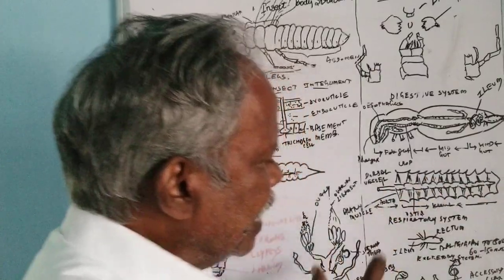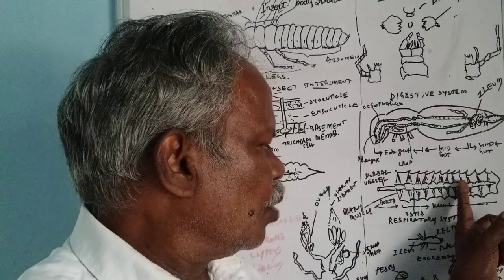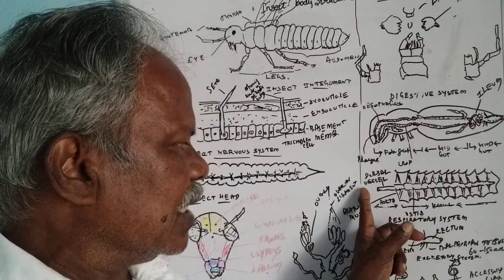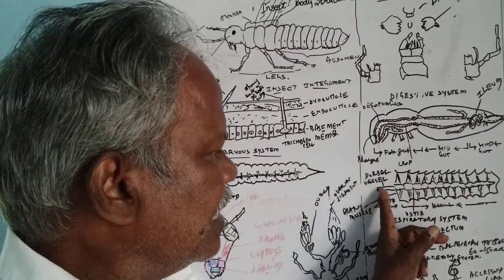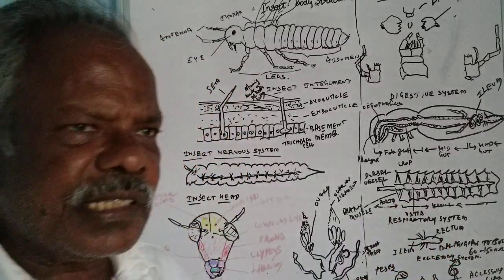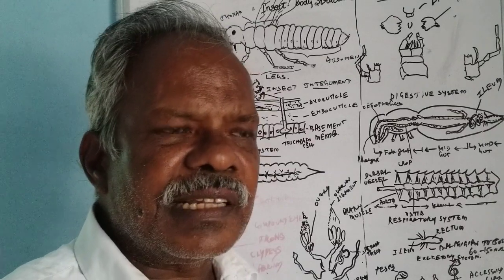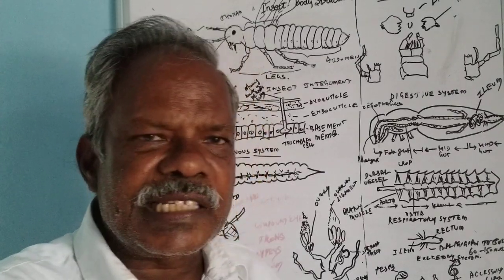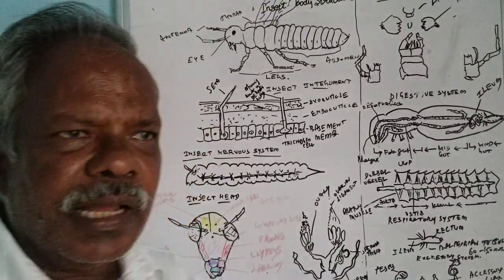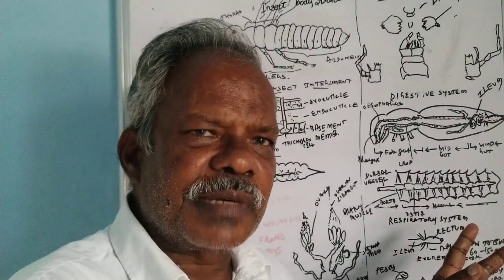This extends up to 12 chambers. Totally 12 chambers are there. The dorsal portion, the anterior portion towards the head, has the dorsal vessel, that is called the aorta. Since it is an open type, the blood vessel is not a closed vessel, and the body consists of white blood called hemolymph. It bathes the digestive system and other systems.